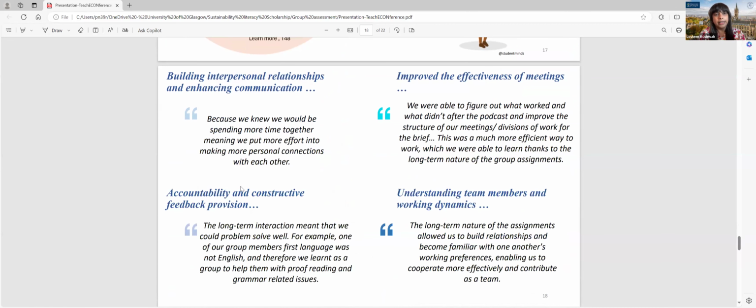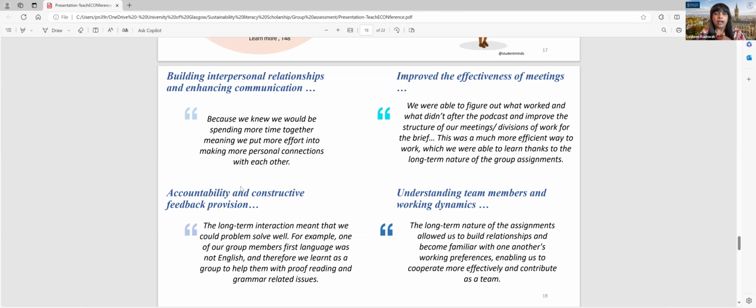Again, there are several themes which were emerging. Here we see that students mentioned that by working in these projects, by the end of the semester, they even became friends. And often they would invite each other to do other activities together to improve work and overcome any kind of fatigue. So it seems like there was not only an academic community, it was also socially and peer-wise taking care of each other's well-being. That was also an emerging